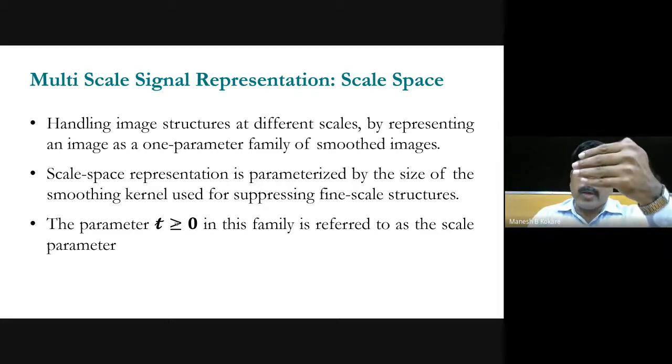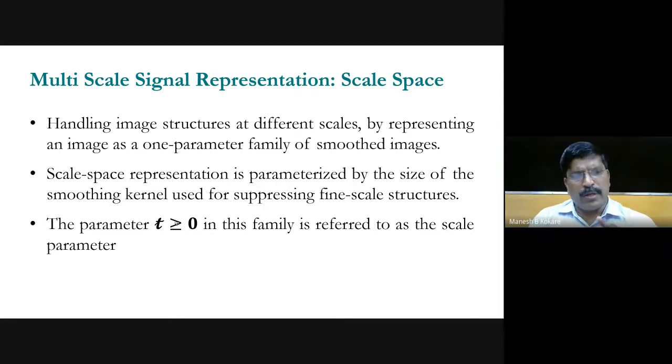In the LL subband, you get the, see, in violet, there are two filters. One is basically a low pass filter and another one is a high pass filter. With the combination of the low pass filter and high pass filter in the image, when you are applying this row-wise and column-wise separately, you get four subbands.